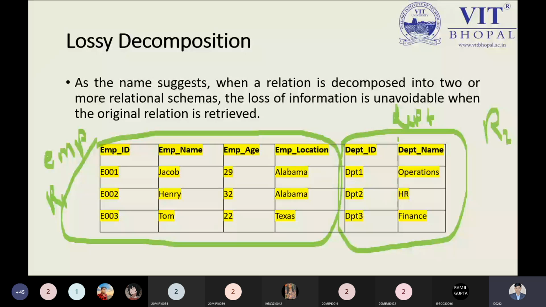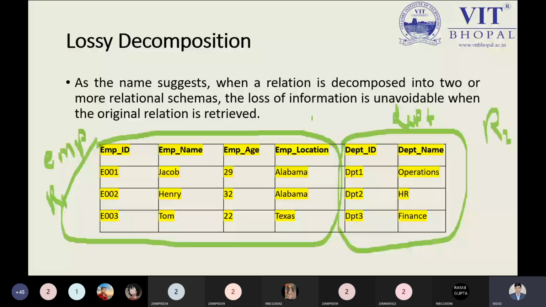So if I'm not choosing any common attributes, let me clarify this statement. If I just decompose my relation into multiple attributes, I can do that without any doubts. I have the right to do so. But after decomposing, after applying the natural join operation or any kind of join operation, if I'm getting the same number of elements, then it's a lossless case. Which I'm not getting. So what I'm having is a lossy decomposition.